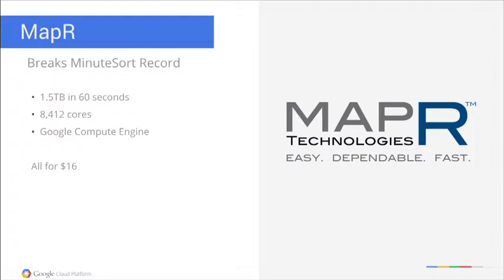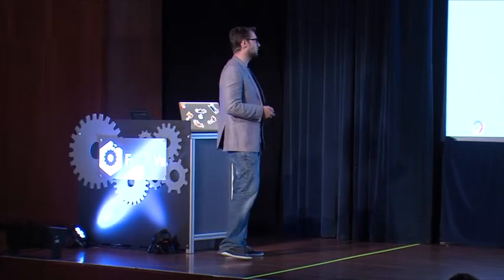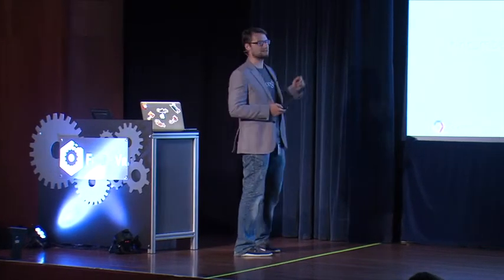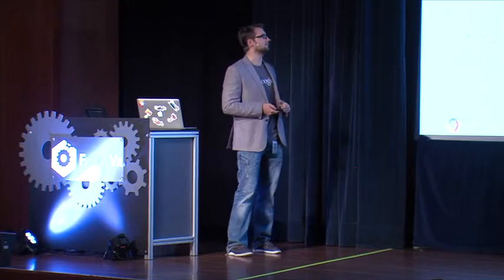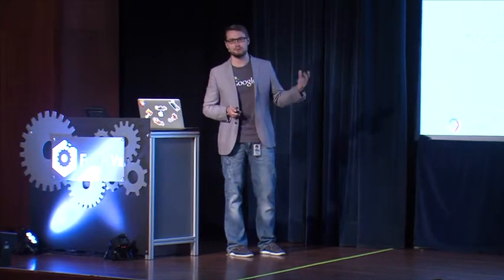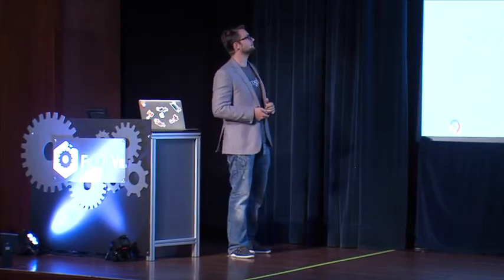The previous record holder built their own data center. They put up their own OpenStack in their data center, hardware, all that stuff, networking. And that cost them about $5.6 million. So it's a couple of orders of magnitude of difference of what you can do on Google Compute versus the old methods.